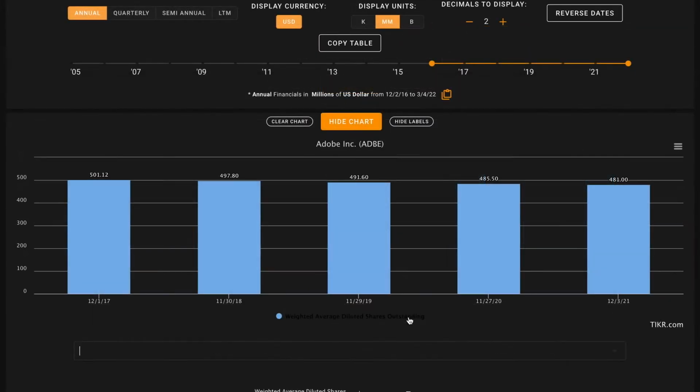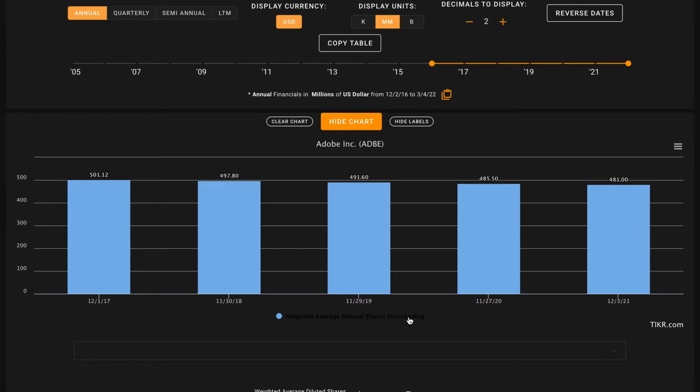Pillar number 5, we're looking for decreasing shares outstanding. We don't want a business to be issuing new shares and diluting existing shareholders, as it ultimately means that we're entitled to a smaller ownership percentage of the business and less of the business profits. Instead, we want a business to either be keeping their shares outstanding flat, or we want them to be buying back shares when the business is priced appropriately.